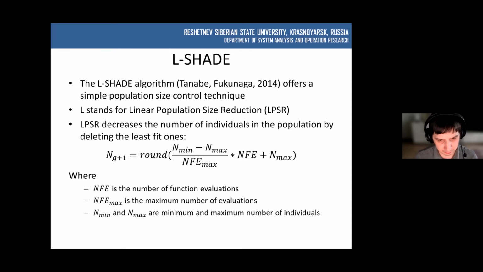Next, after the SHADE algorithm in 2013, L-SHADE was proposed, which simply uses linear population size reduction. It appeared that if we decrease the population size gradually with every generation, deleting several worst individuals, it actually helps the algorithm converge better. Why? Because at the beginning you can check larger areas of the search space, and at the end you can converge better to the best found optimum. So, a very simple idea, and working very well.